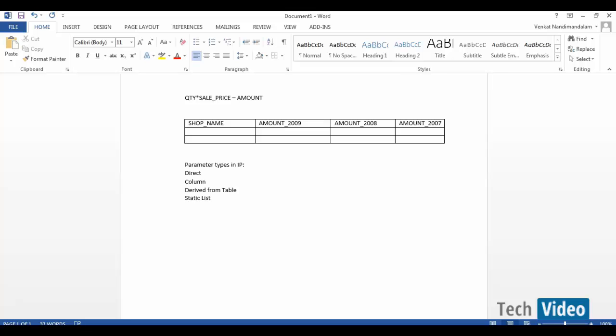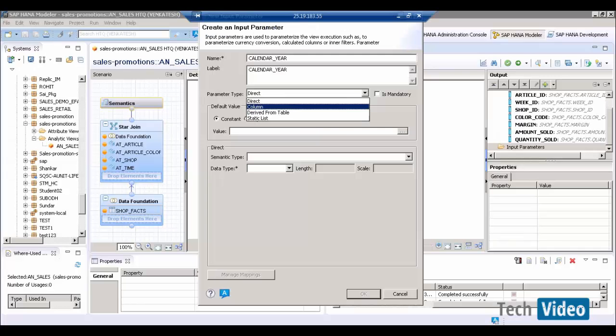So you can define a static list so that particular values will be populated for the user to choose from whenever they execute this object. Now let's see how we can create that. Here you have 4 different options, as I said. If you go for the first one, direct, then you can